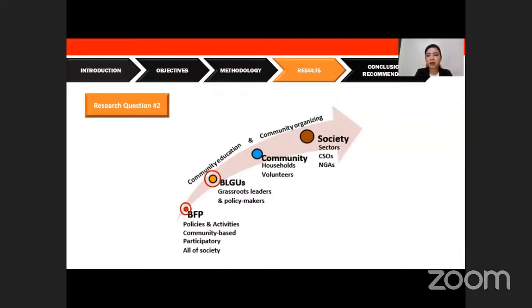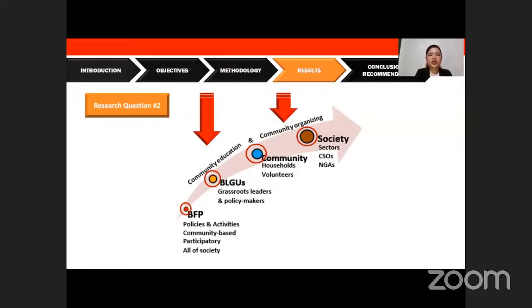there are grassroots leaders and policymakers who could create initiatives or ordinances in relation to the enforcement of fire prevention and risk reduction measures. Then we have the community, where there are larger populations that are considered vulnerable, and then to the larger reach, which is society, where there are sectors or groups, volunteer groups, or people's organizations who could be tapped in the realization of these PPAs. It is also discovered that two activities are central or critical in the achievement of this process: the community